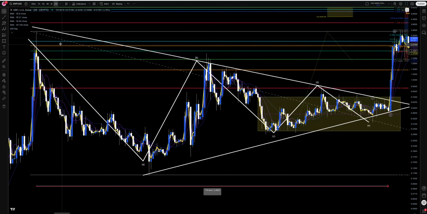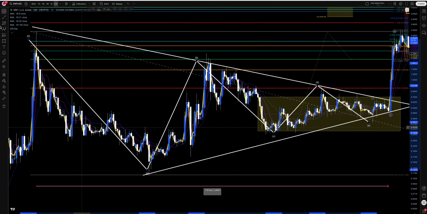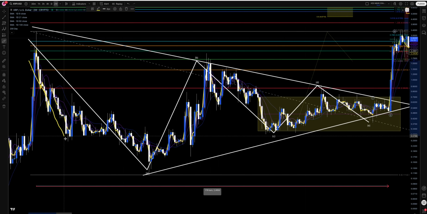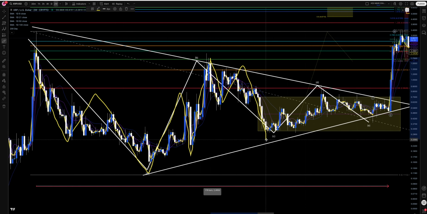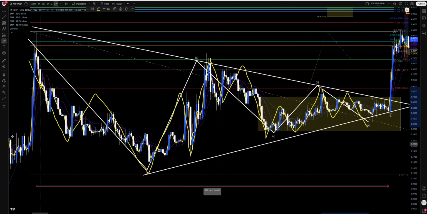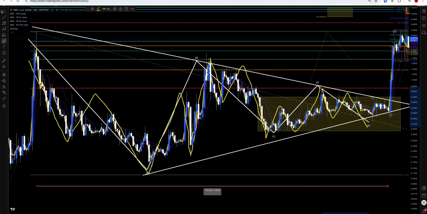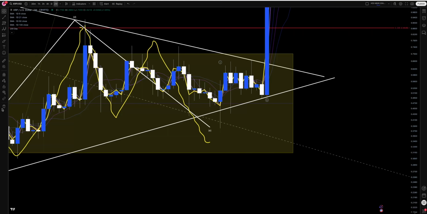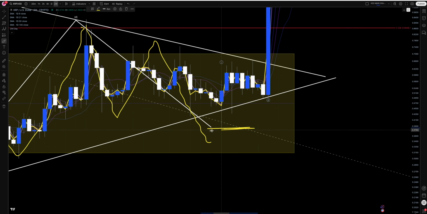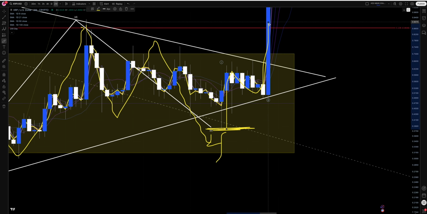Okay, so you have your 3 down in your A, 3 up in your B, another 3 down in your C, 3 up in your D, and then your last 3 down in your E. So notice how every wave here subdivides into 3, and this was the end of our wave 4. This move over here in July, that was your wave 4 in 2024, and then now we're going up for